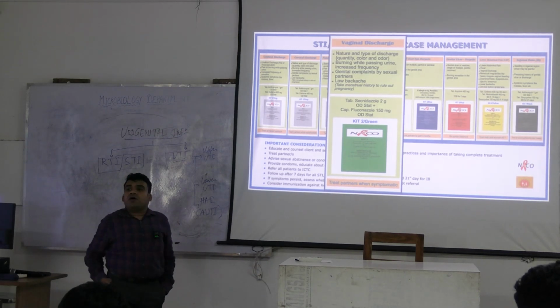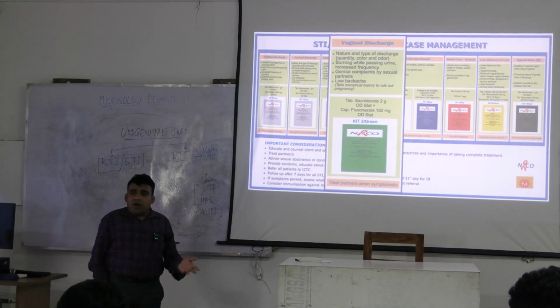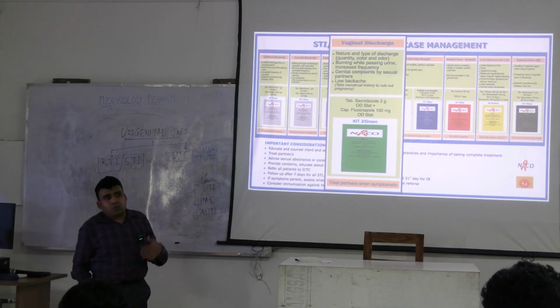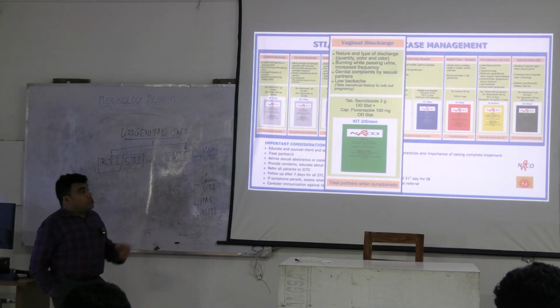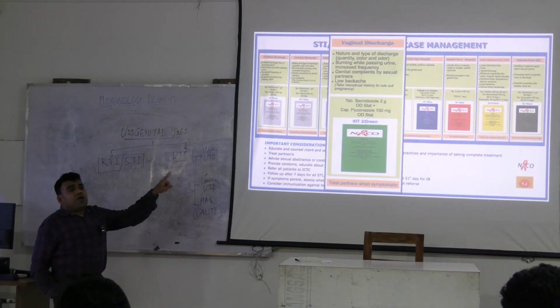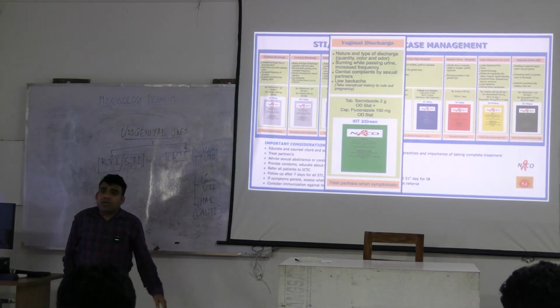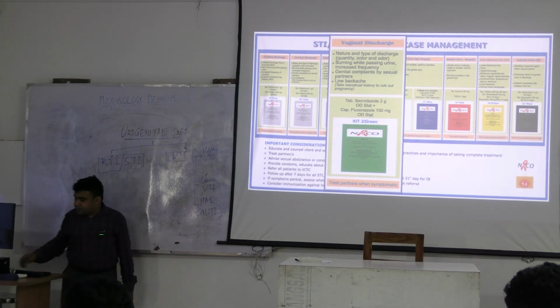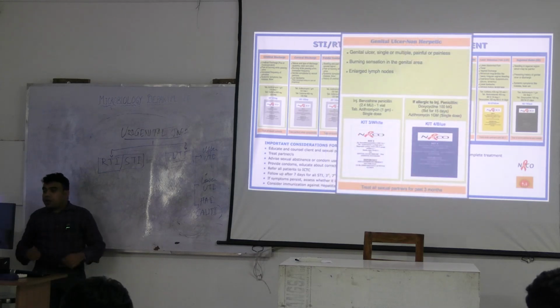And in case of fungal, that is vaginal fungal infection, most commonly is candida. So for candida we have to give fluconazole 150 milligram stat. So in case of vaginal discharge you have to give the kit number 2 or green colored kit. Next comes